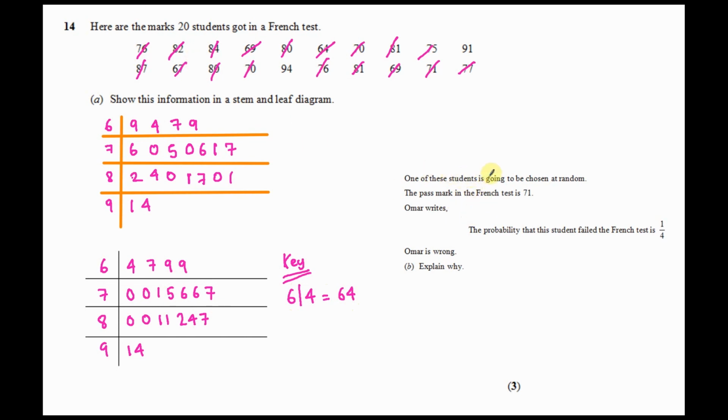It says one of these students is going to be chosen. The pass mark in the French test is 71. So anything above this point here is a pass, so that'll be anything further than that. And Omar writes, the probability that the student failed the French test is 1 in 4. Well, what's the probability out of all these 20 students? That's something to remember. Out of 20 students, how many did fail? Well, 71 would pass